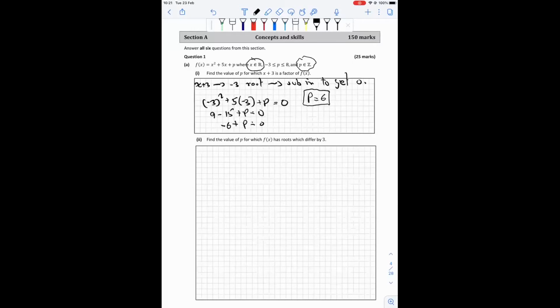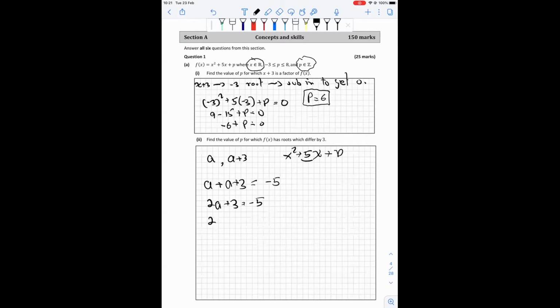For the second part of the question, they're saying find p where f of x will have roots which differ by 3. That means if one root is a, the other root is a plus 3 or a minus 3. It doesn't really matter. We know that from the equation x squared plus 5x plus p, 5 is minus the sum of the roots. So if we add the roots, that has to give us -5 because it's minus the sum. Add this,